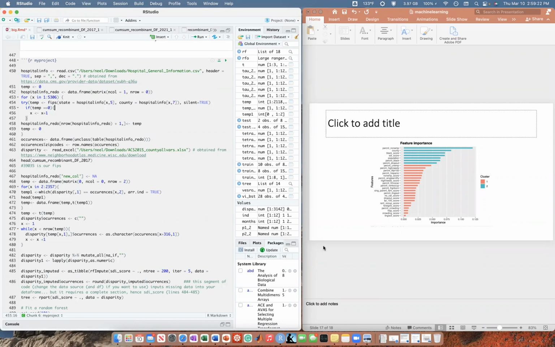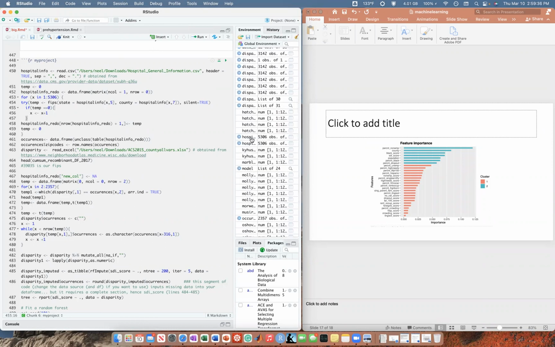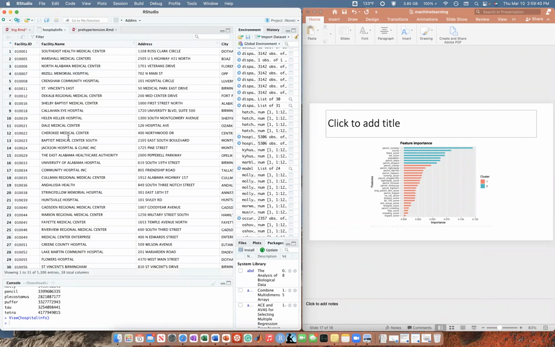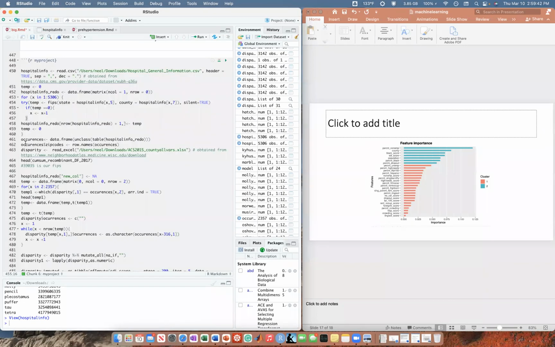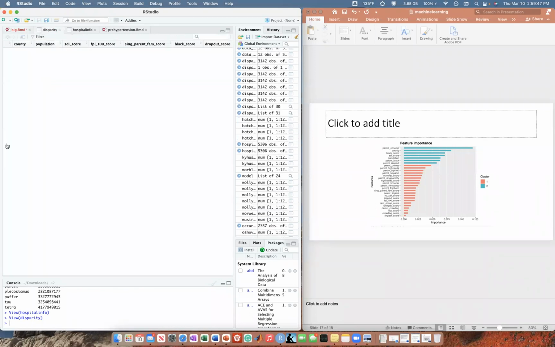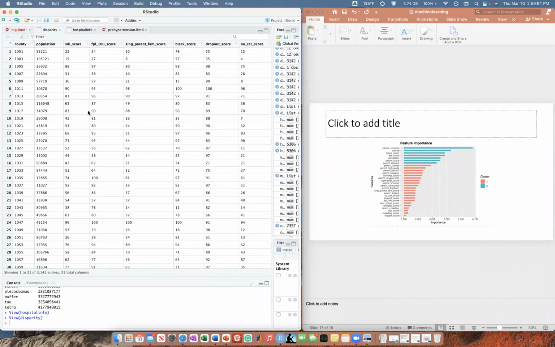My project uses data sets, and I'm actually going to pull it up for y'all. I think it's pretty neat. If I can find it, honestly. So this was called hospital info. Okay, that's one of them. This is called disparity. I have 2 data sets. The first one is called disparity.